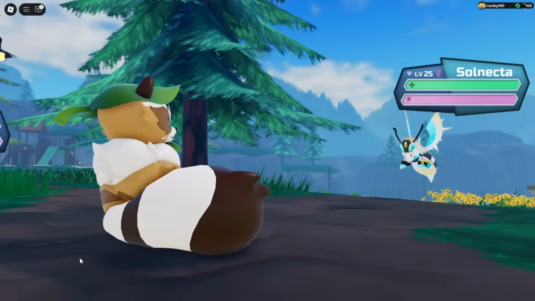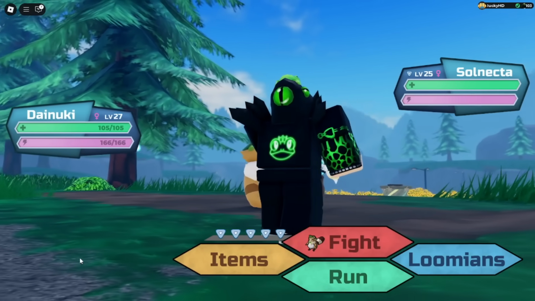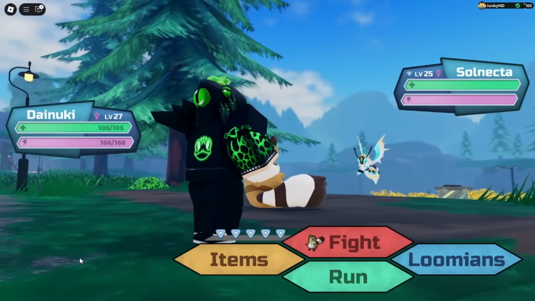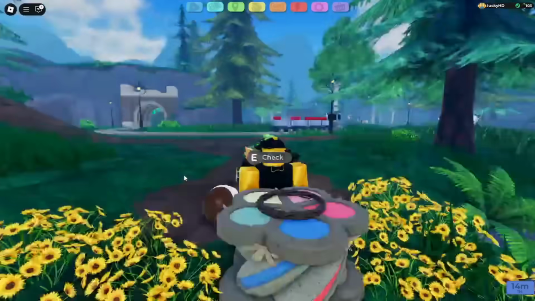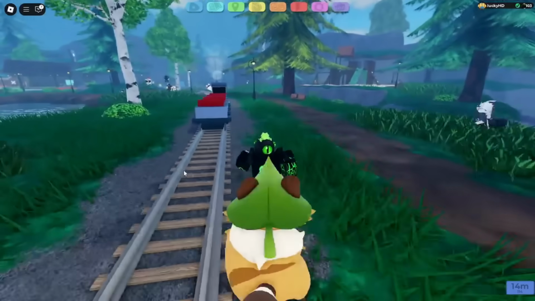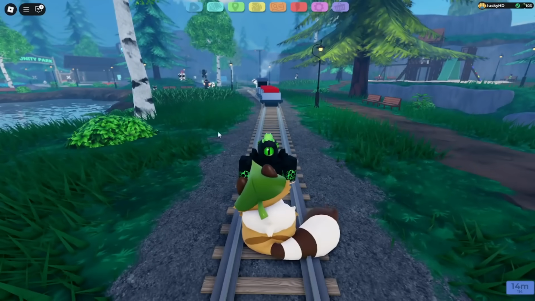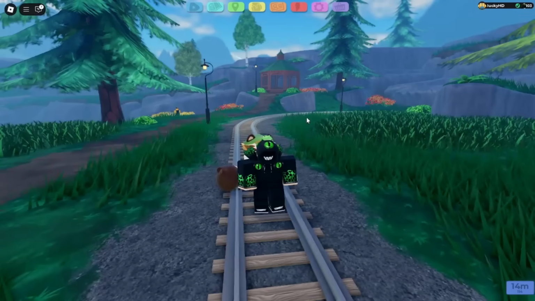This is Solnecta, the new legendary Loomian. I did a whole other video if you want to see more into that, but I'm trying to keep this video at least around 8 minutes. And yeah, of course, you can hunt for a Gleam and Gamma of that Loomian as well, and that about does it. There is a lot of stuff, obviously, in this update right here,